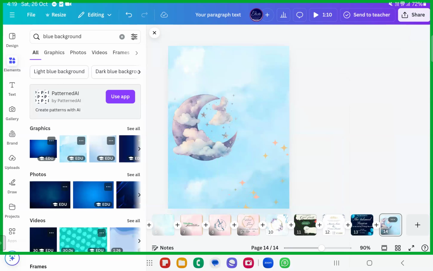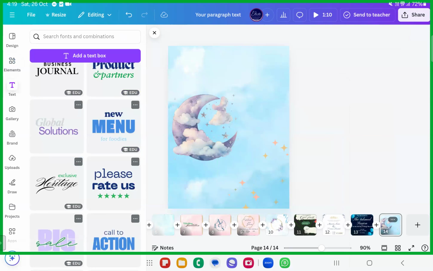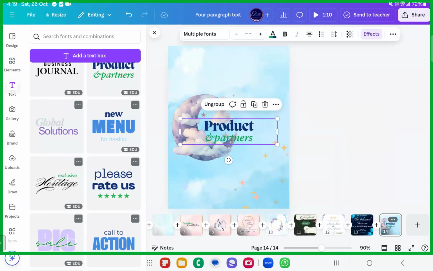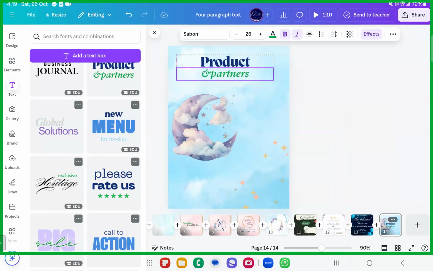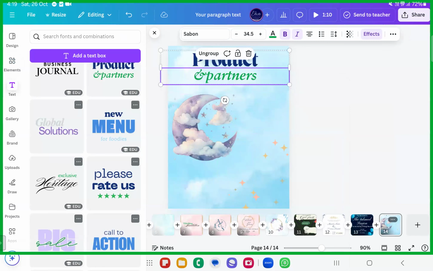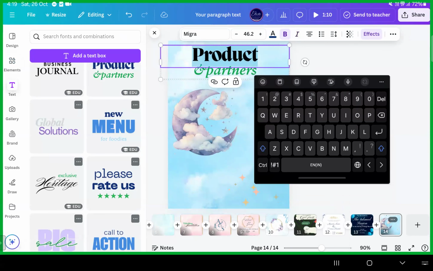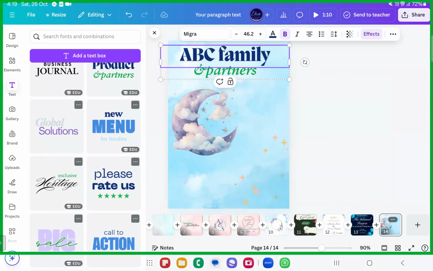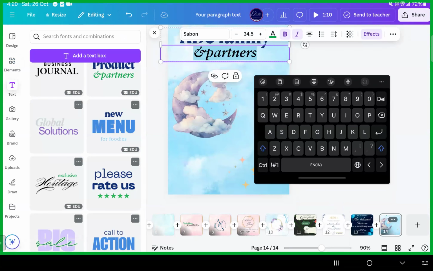Now we can just go ahead with whatever you want to write. Okay, textual content. Add a text box. I'll just take this over. We'll just add it here. Okay, this was created as a banner. They were asking us to create it as a banner. ABC family, okay, we'll just add welcomes you all. It was put up outside the function hall. Welcomes you all